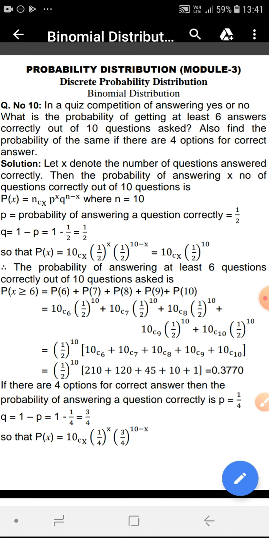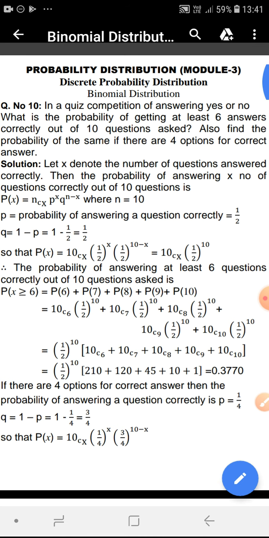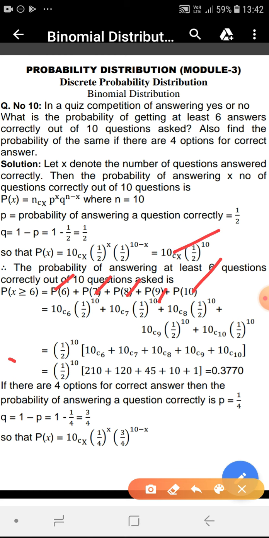So the probability will be P(x ≥ 6), which is the same as P(6) + P(7) + P(8) + P(9) + P(10). Each of these 5 terms you can calculate by putting x as 6, 7, 8, 9 and 10 in this formula of P(x). So by calculation, you will get P(x ≥ 6) equal to